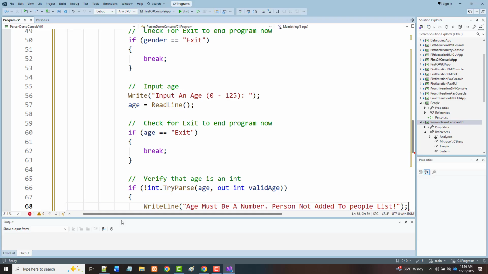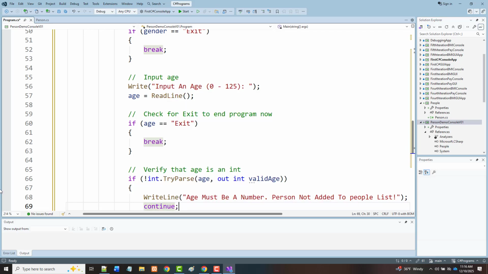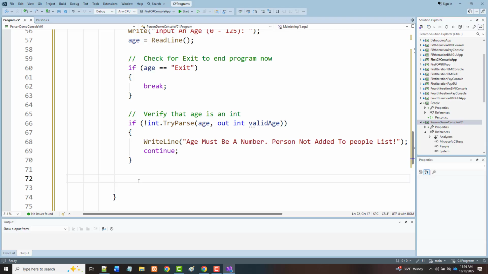Okay, just to let them know that. We'll do a continue, which will bring them back up to the top to basically let them do their next one. So if we get down to here,